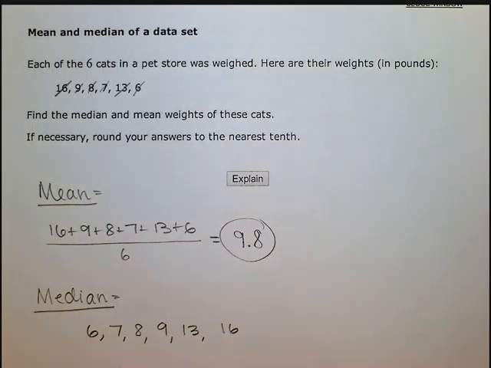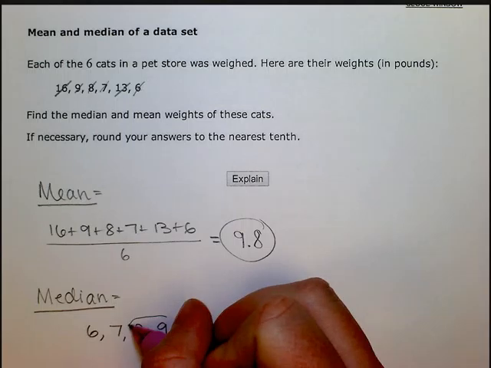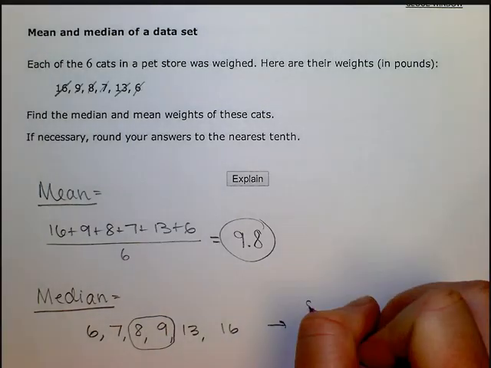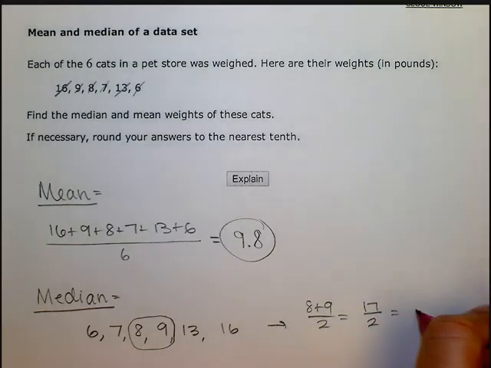So I've reordered my points from smallest to greatest, and now I just have to find the middle number. So I count from the outside in. So 1, 2. Now these 2 are the middle numbers, so I have to take the average of these 2. So I'm going to do 8 plus 9 divided by 2, which is 17 divided by 2, which is 8.5,